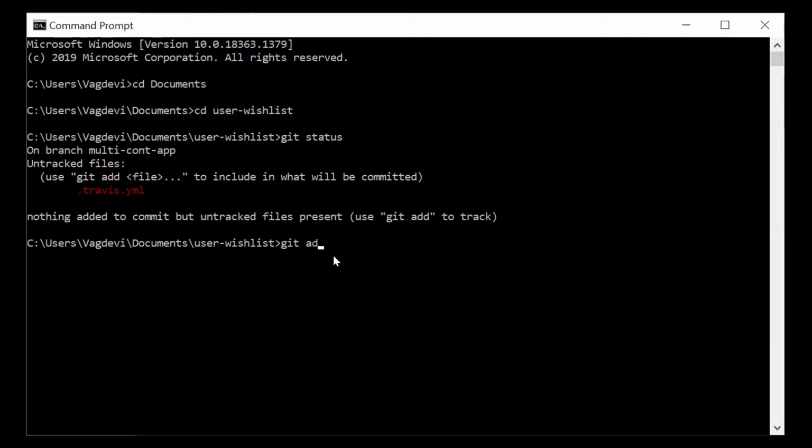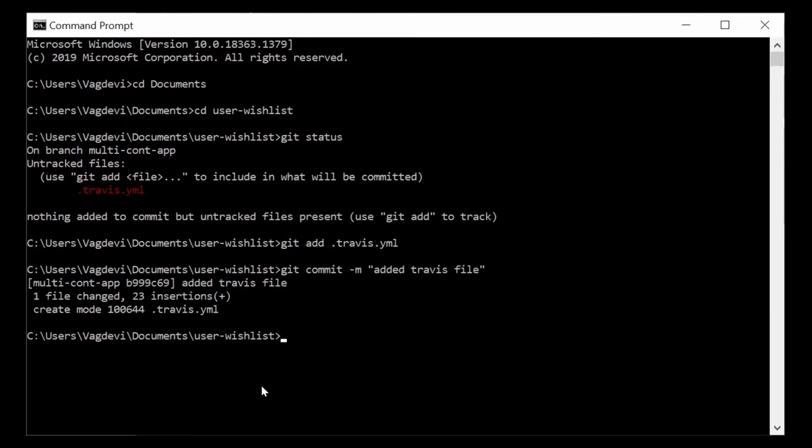So git add this Travis file, git commit -m, added Travis file. Git push origin multi-cont app. So cross check it with the branch which we have mentioned in the Travis file. So it looks fine.